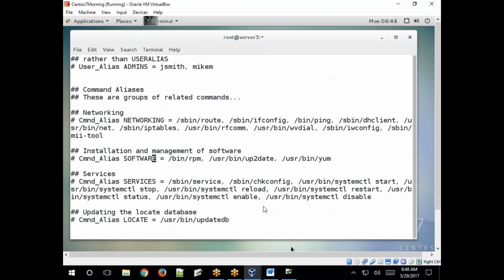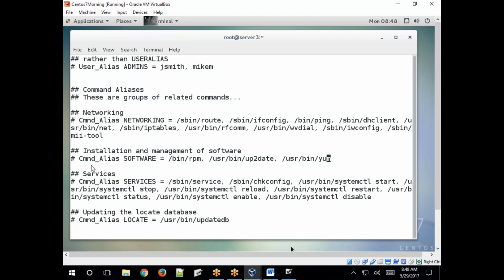See, the rpm command and the yum command, these two are to install packages. We'll see how to install packages in the next class, not discussed yet. If you want to allow a normal user, instead of adding the full path of each binary, just use this alias name. You can also specify it like this: username equal to ALL, where ALL means network, allowed from all networks. So from all networks you can perform that action.